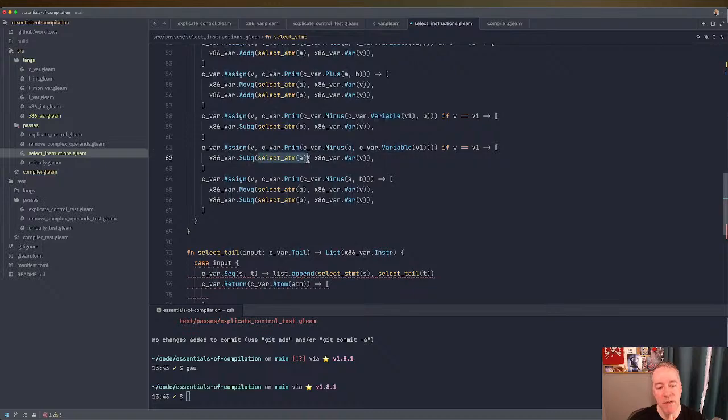Because this is atomic, it could be an immediate. We can't put this on the right hand side of the subq. So maybe we only care about optimizing this one, and this one can be